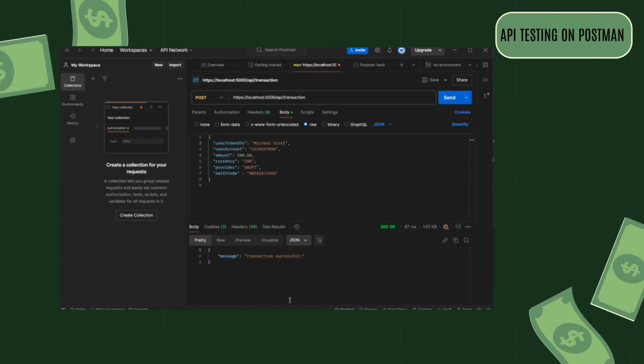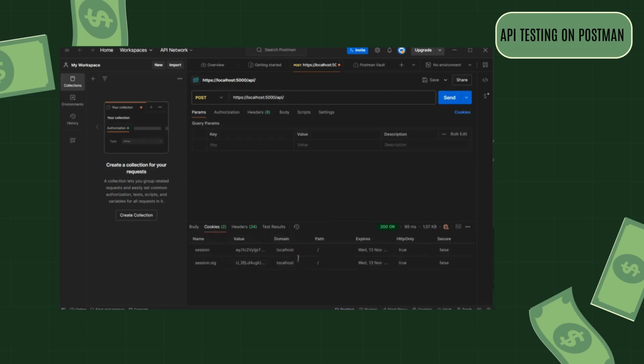In the Headers tab, ensure to add the cookie you've received from the login response. In the Body tab, set the content to raw, select JSON, and add the transaction body. Hit send. If successful, you will get a response like